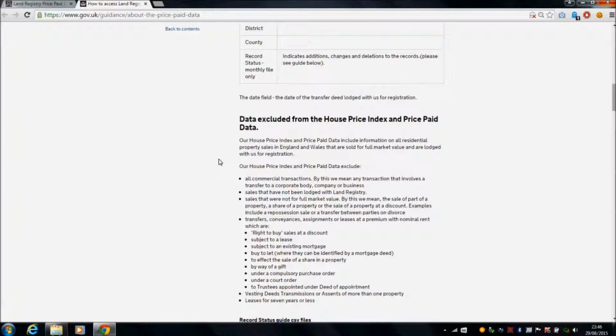The page goes further to describe what data is excluded from the price paid data, which is absolutely useful. It almost serves as a caveat for a business user, or even a personal public user, using this information to try and drive some form of decision. An example might be looking at what people paid for houses in the same street over time, and then making